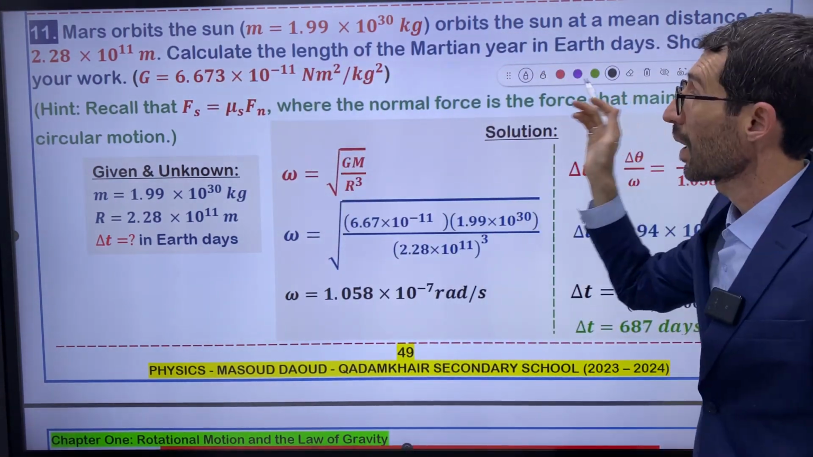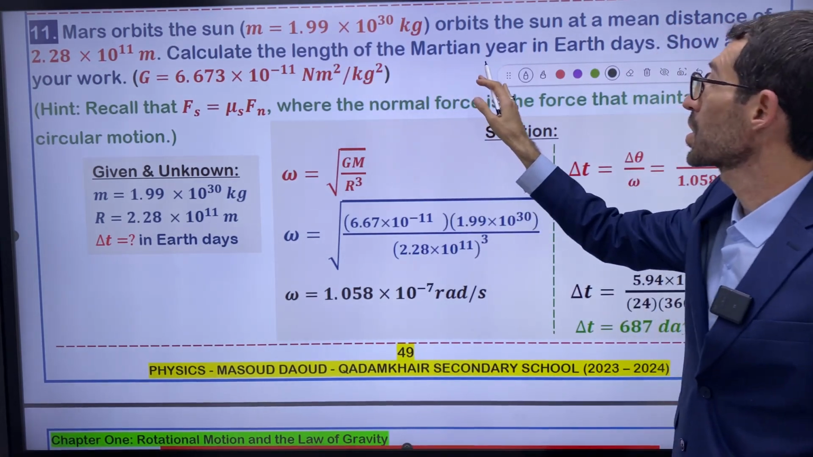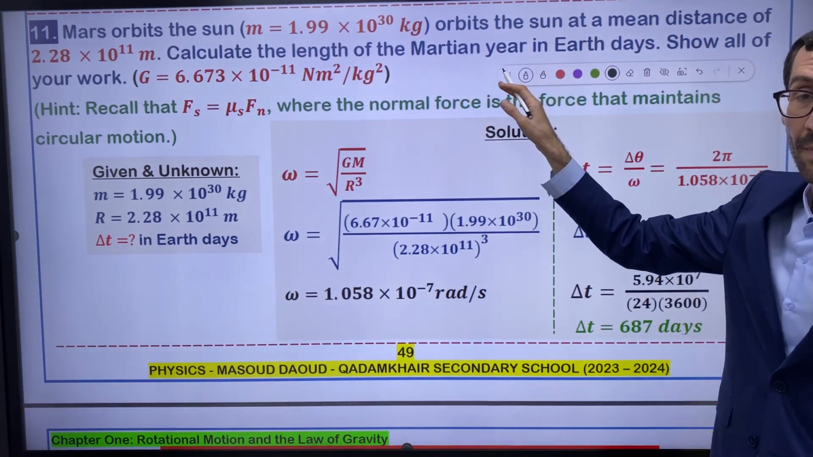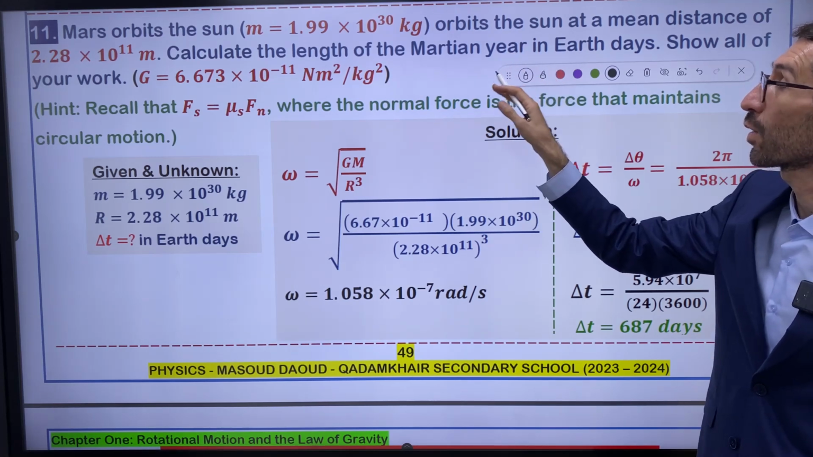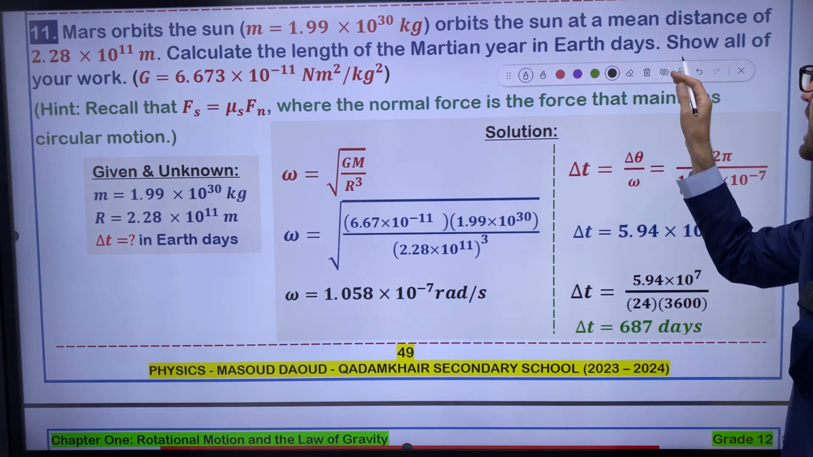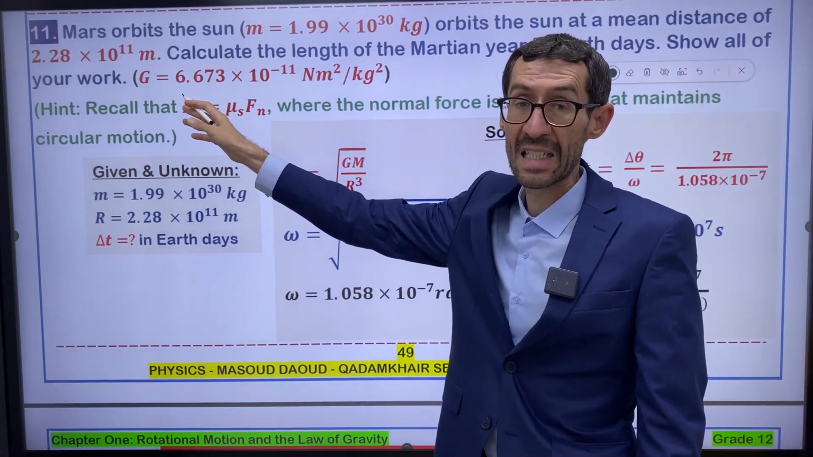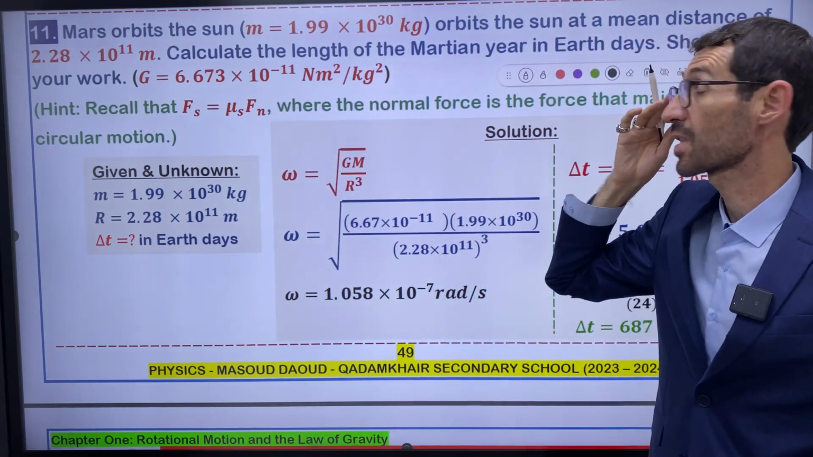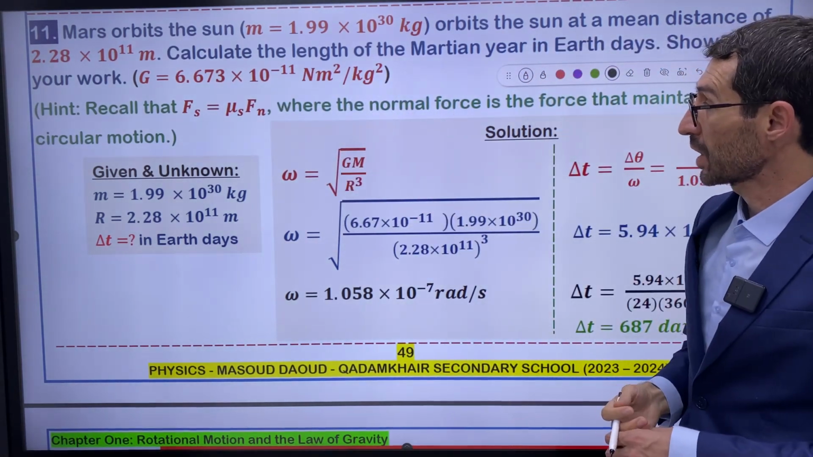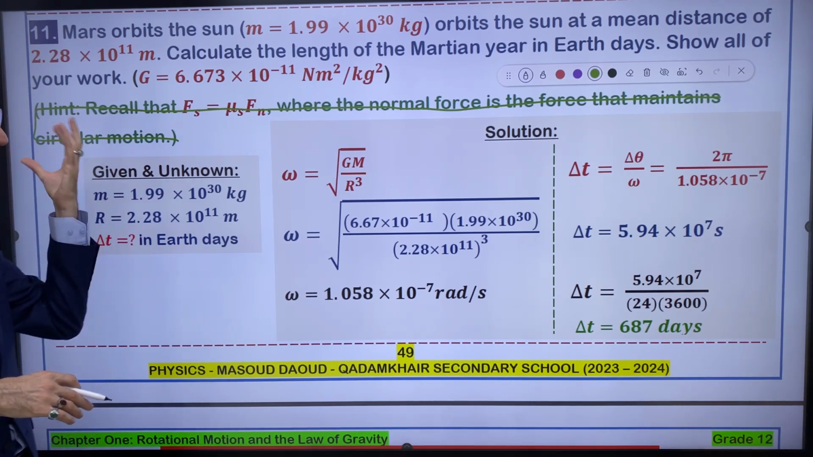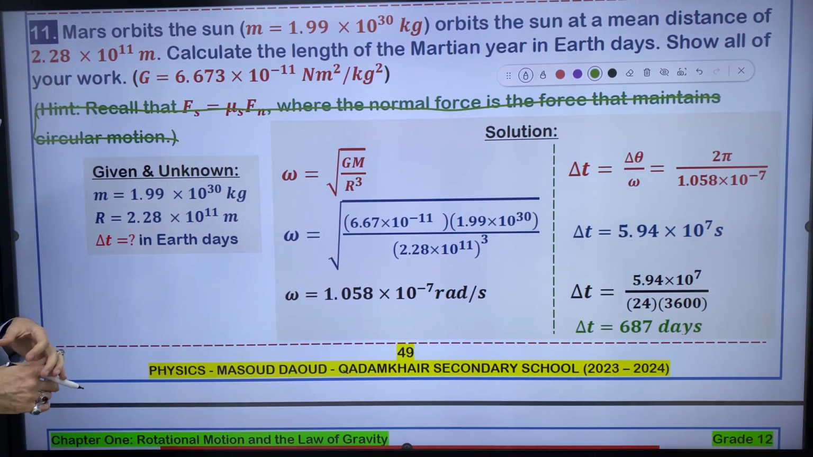Let me read the question. Calculate the length of the Martian year, right? We want to calculate the length of the Martian year in Earth days. Show all of your work. And G is given, actually. This is the universal constant of gravitation. If you take a look at the question,